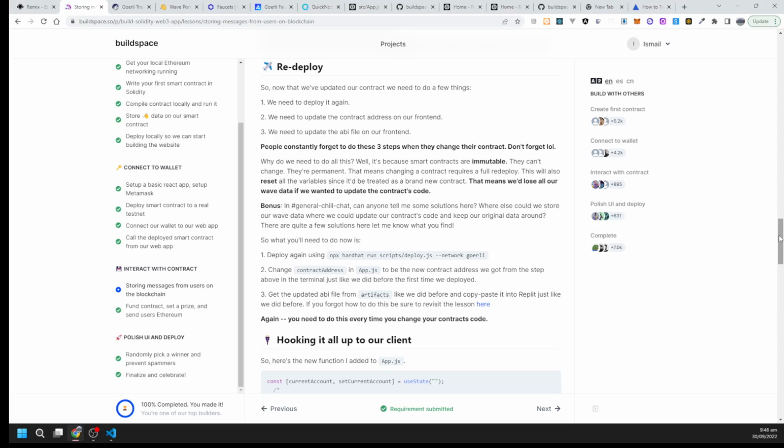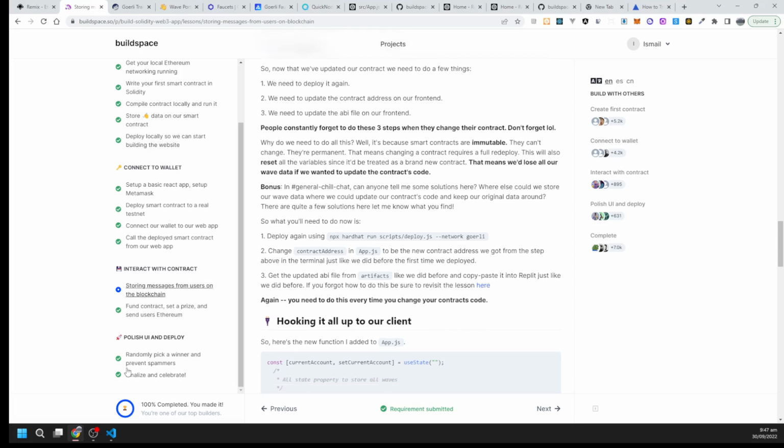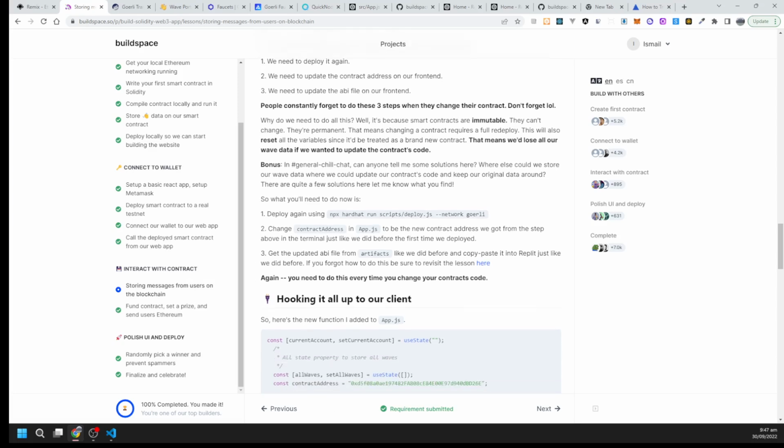You have to create a new contract and redeploy it, and you will get a new address for that smart contract, and you have to use that new address and that new ABI file for your front end application. So always make sure that you complete your smart contract,